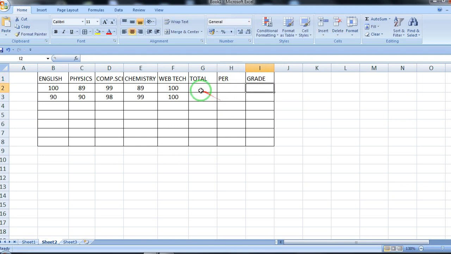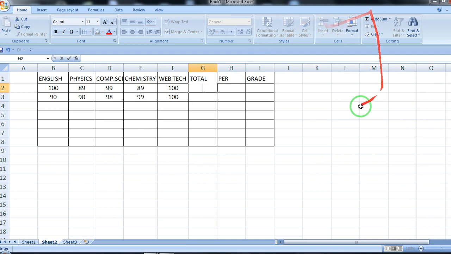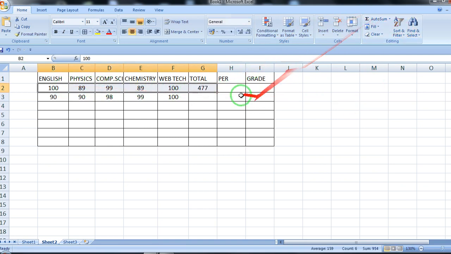Now if you want to display the total, what we do is select the cell, and then either you can use the auto sum feature, or you can just write the formula equal to SUM. If you want to use the auto sum feature, you have to select the cells and then click on auto sum. Automatically it will display the sum. In the formula bar you can see the formula also.